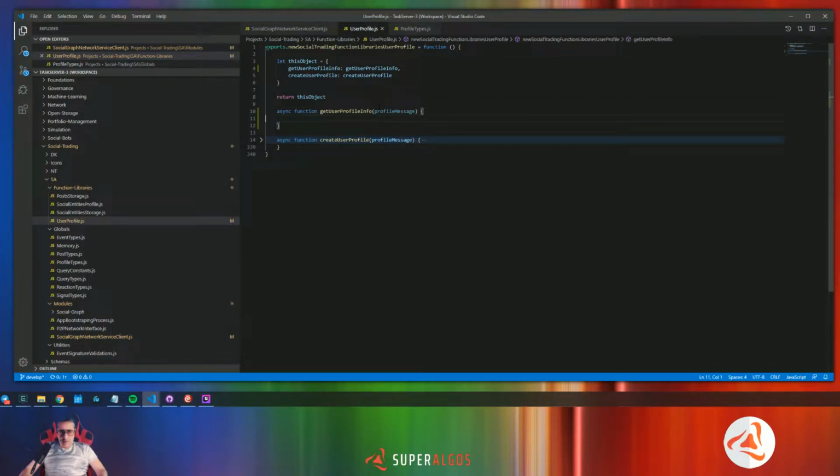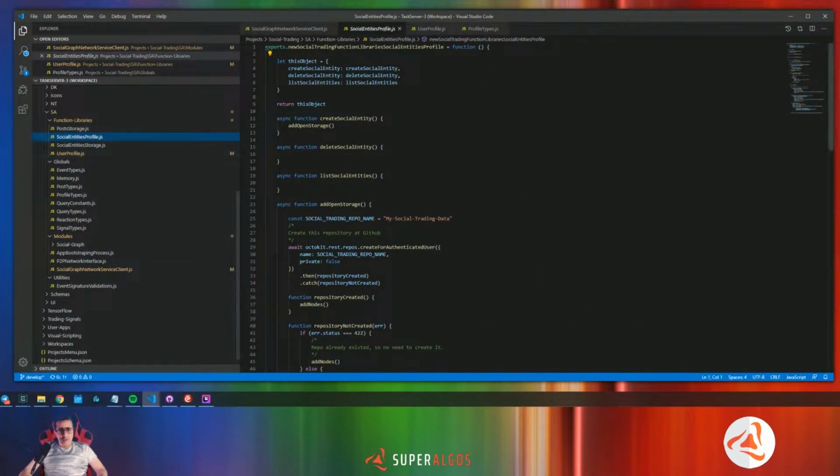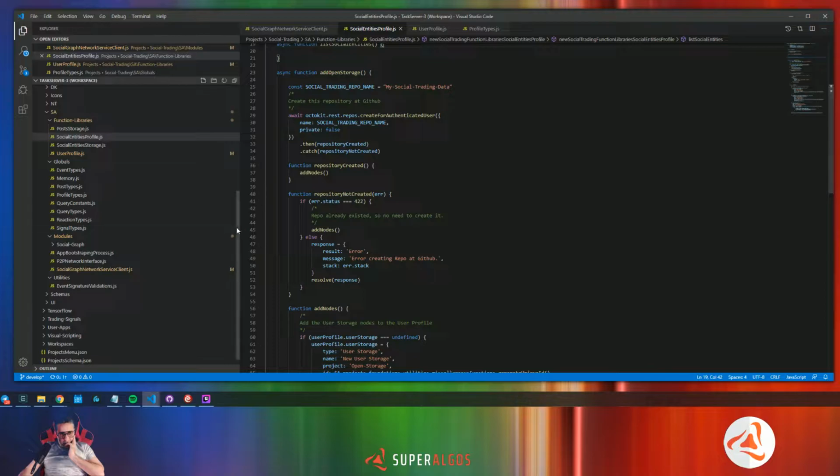So I'm not going to implement this right away because I was thinking about implementing this one, create social entity. So this is here, social entity profile here, and we have create social entity, and this is where we are going to write our function. So essentially